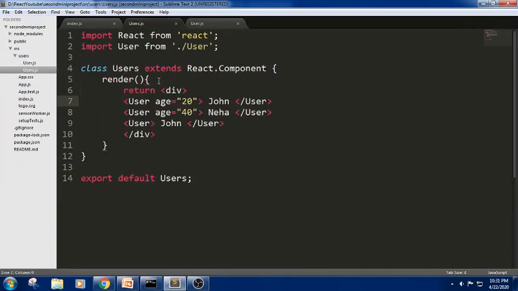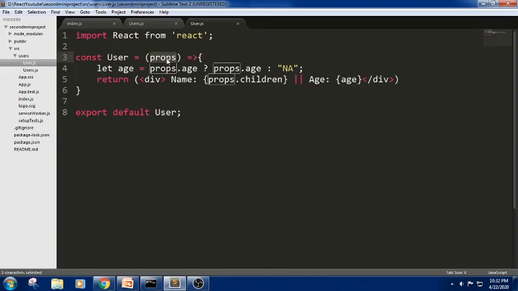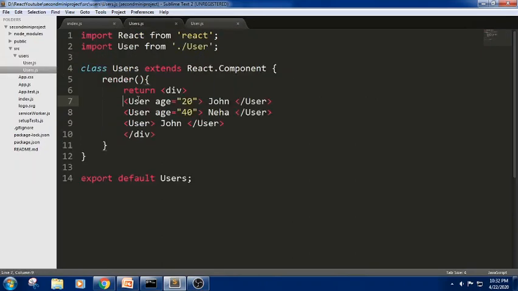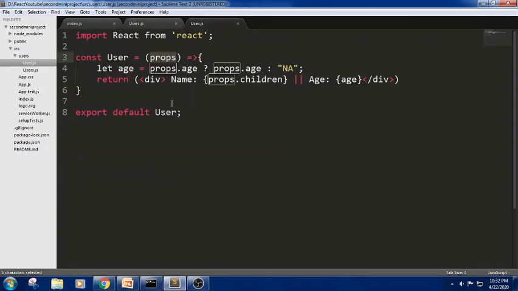In the class component we will be using a state. We will be discussing it in a further session. Whereas in the functional component we will not use a state, and we don't have any this keyword, and it will not have any state, as we have discussed.